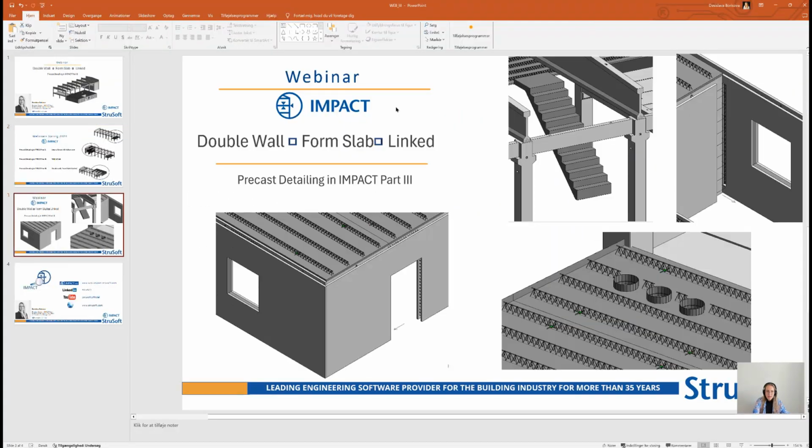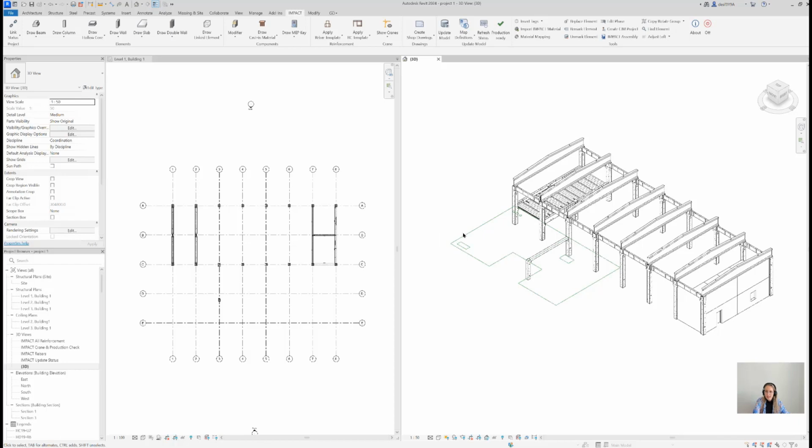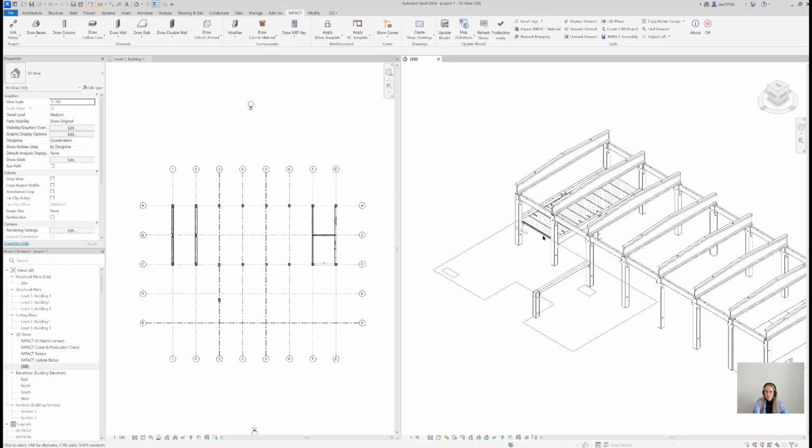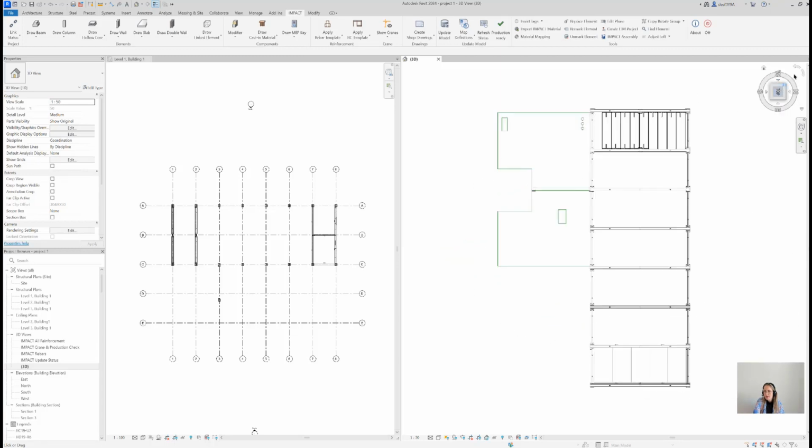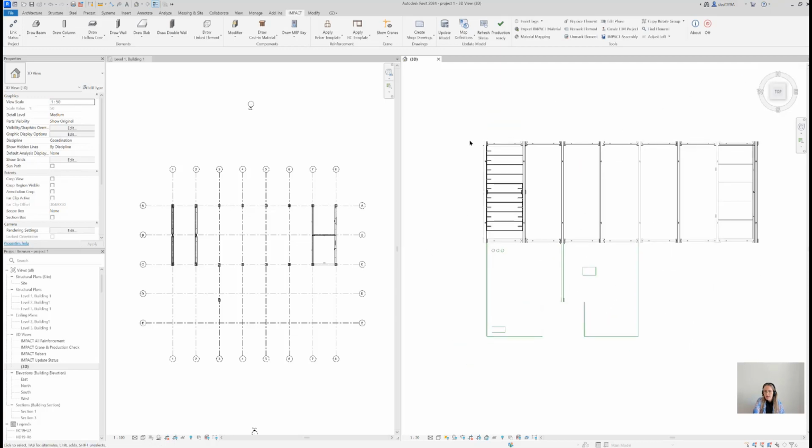Now, let's get started. We're going to jump to Revit, and here is the Revit file which I'm going to build on today. In order to get the session to go a little bit more smoothly, I've already drawn some model lines that we're going to follow when drawing the double walls. And we're going to start with drawing double walls. The first thing to do is going to the Impact menu, where we have concentrated specially developed features and functionalities that help you do the double wall